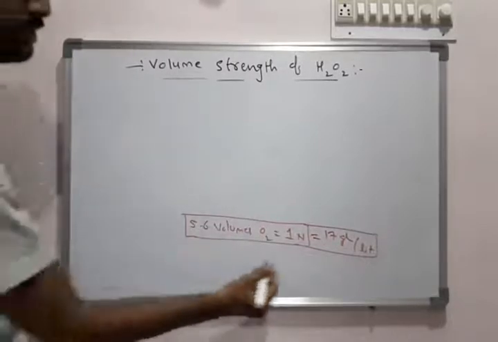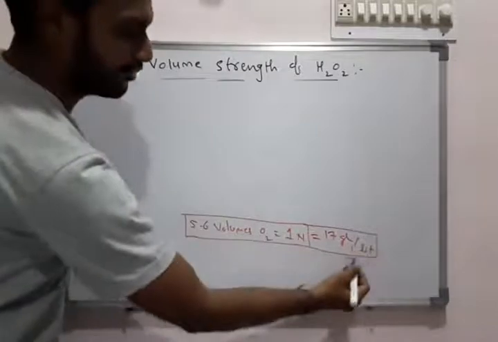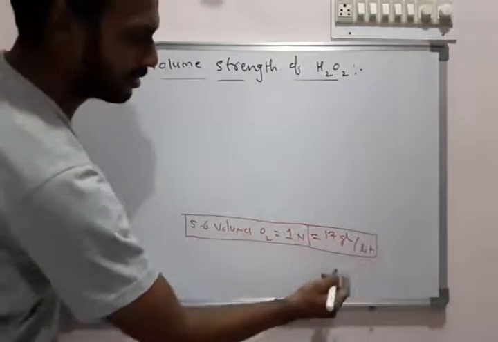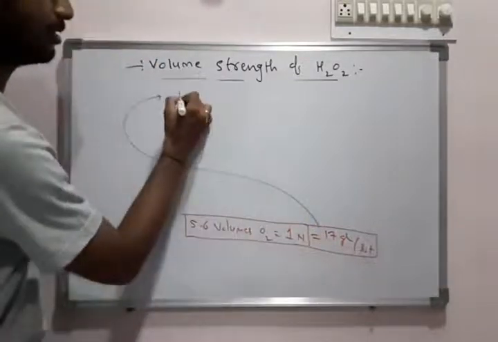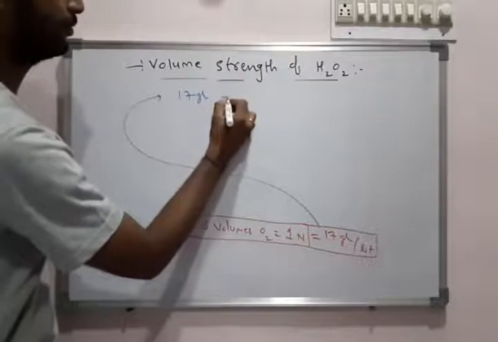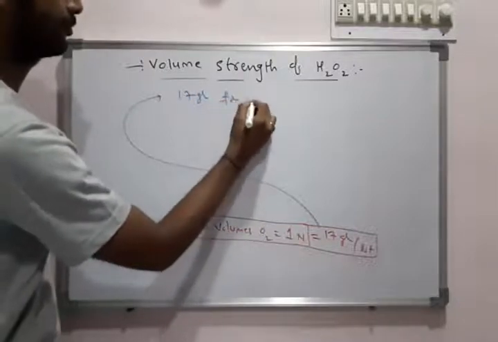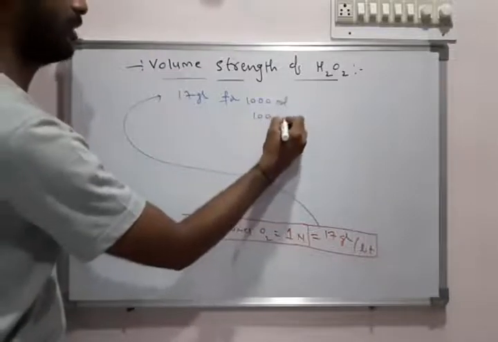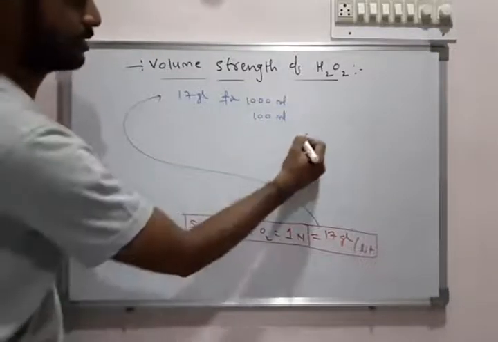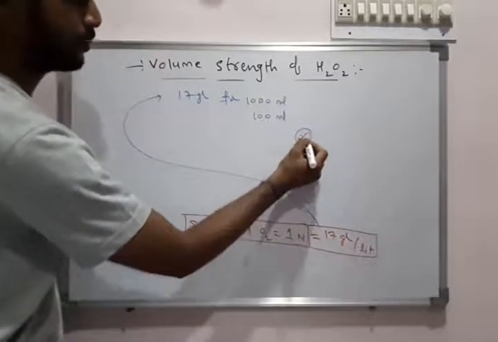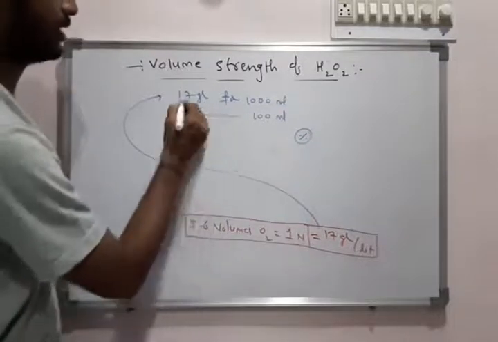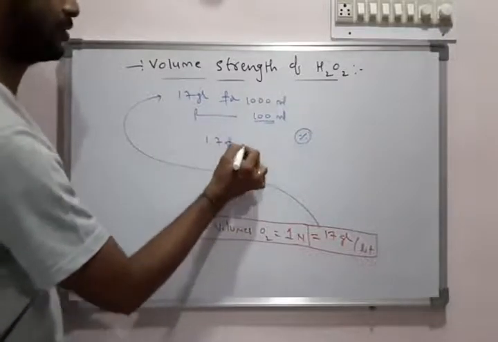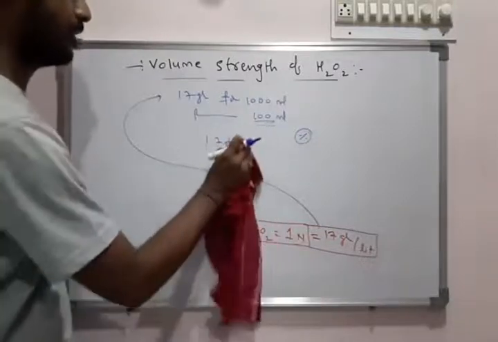So another important one, this 17 grams per liter. If we calculate it for 100 milliliters, generally per liter means that 17 grams is for 1 liter, 1000 milliliters. Then for 100 milliliters, for percentage purposes, we will calculate 100 only. So it becomes 1.7 grams,